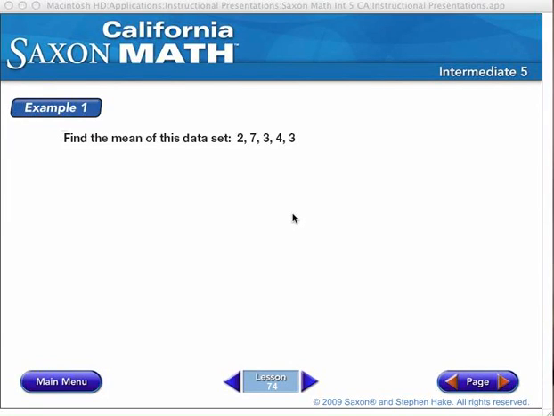Hi everybody, today we're going to talk about lesson 74, mean, median, mode, and range. So for just a quick review,